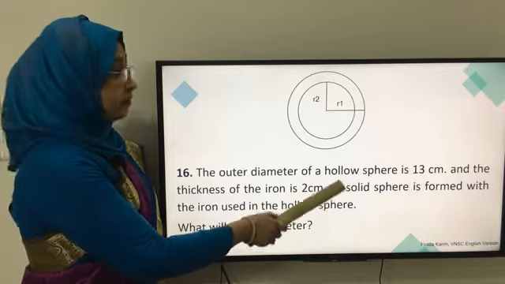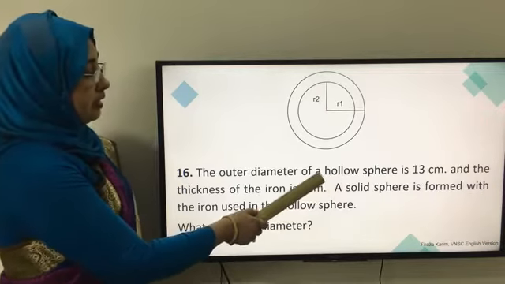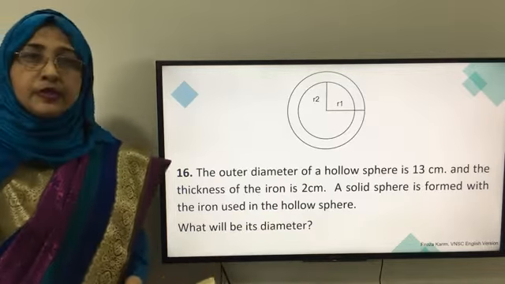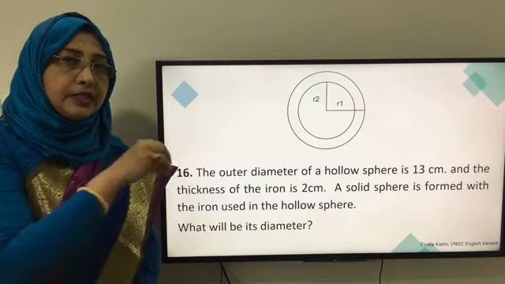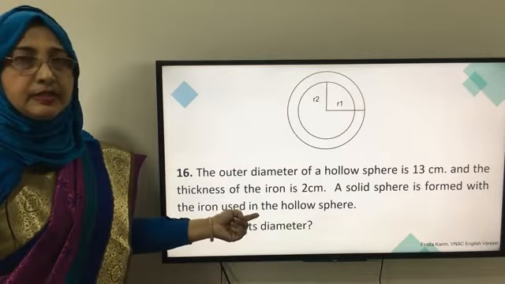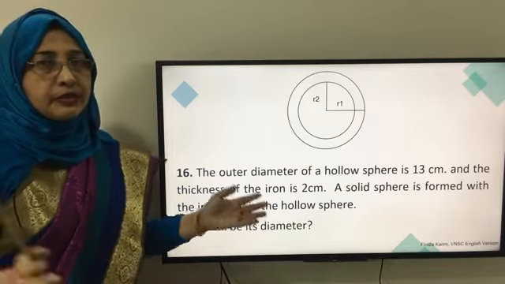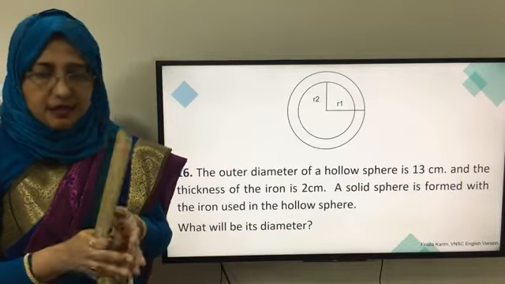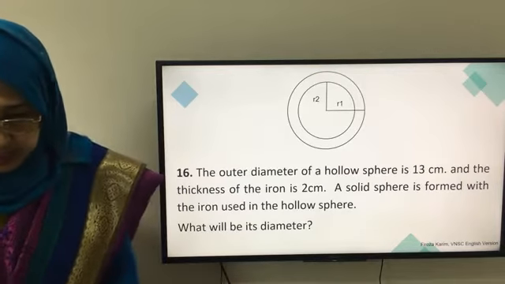So the volume of the hollow sphere should be the volume of the iron contained in it, and that should be the volume of the new sphere. Okay, so we have to relate this thing. So let's find